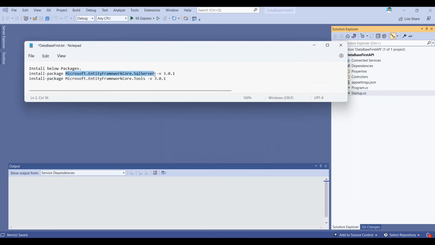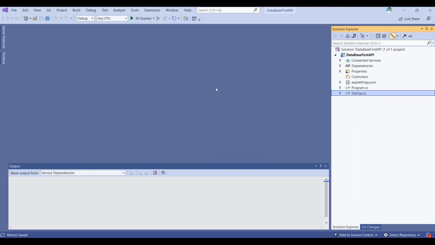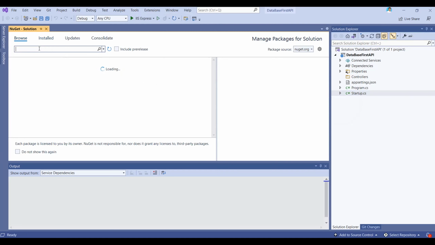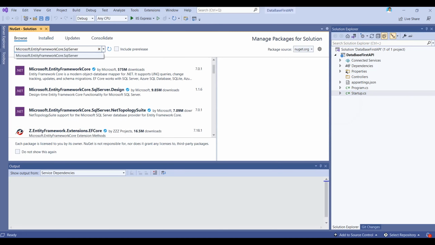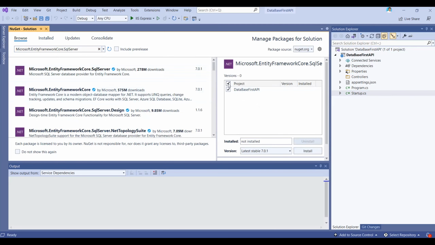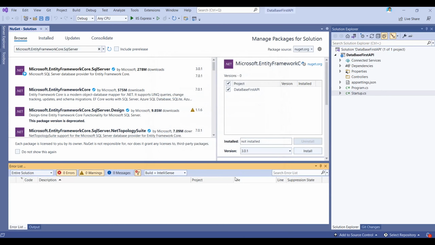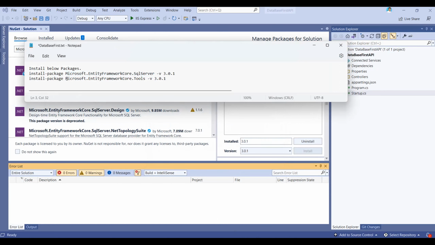So I am just copying this package and go to Tools, Manage NuGet, and click on Browse and search it. Click on search and select the project name, and then select 3.0.1, this one, and click on install. Accept it. Now select another one,